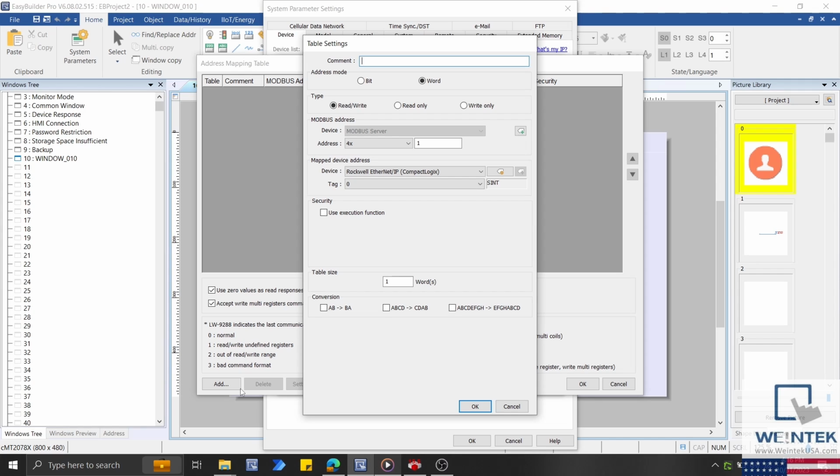The Modbus address is the address within the server that the map device address will be mapped to. So when a Modbus client, or Codesys in this case, reads this Modbus register, the data that it will read will come from the map device address. While type is set to read/write or write only, an execution function can be configured to prevent unauthorized writes to map device addresses. The table size determines how many bits or words will be mapped within this table, such that